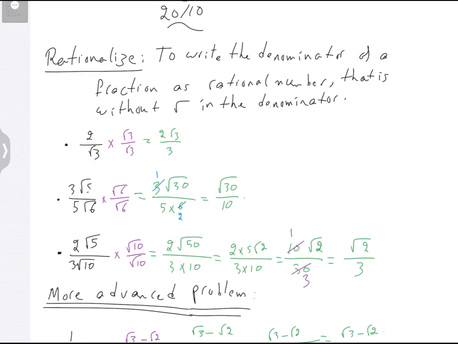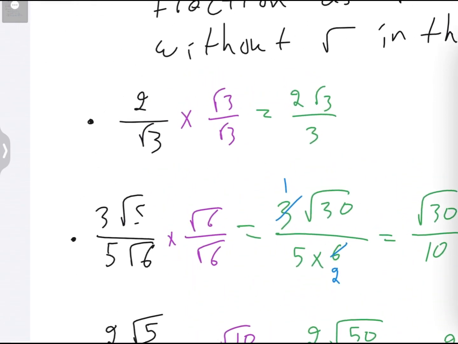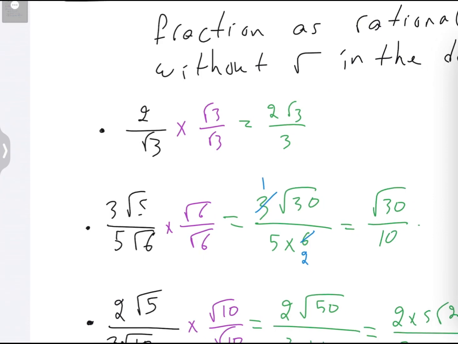We took how to rationalize a denominator of a fraction. Rationalizing the denominator of a fraction is to eliminate the radical sign from the denominator. That's to convert the denominator of this fraction into a rational number, without a radical sign. First, if we have 2 over radical 3, the denominator here is radical